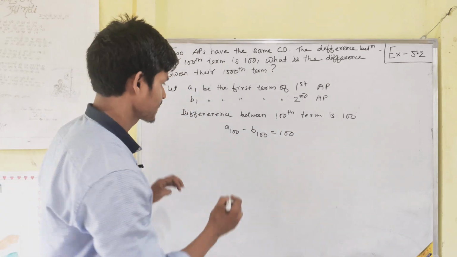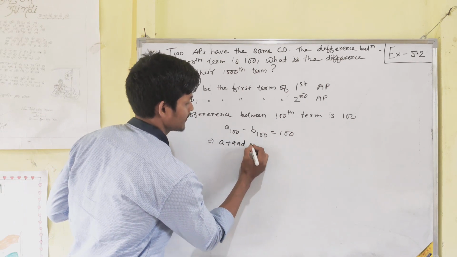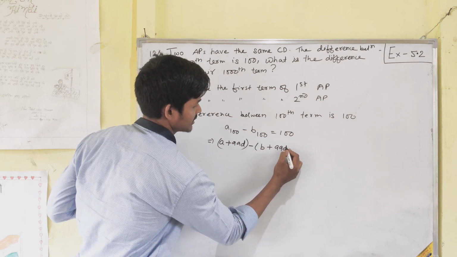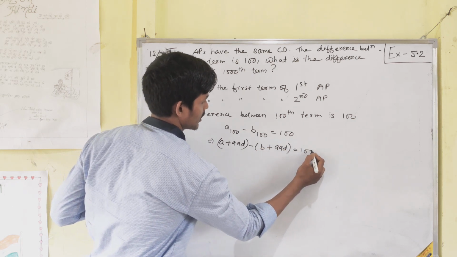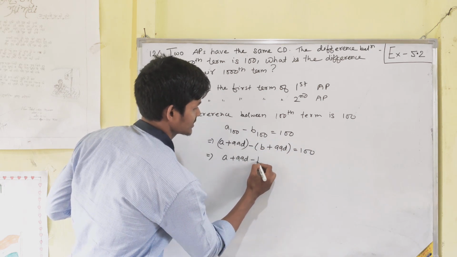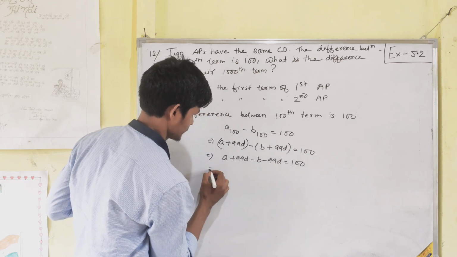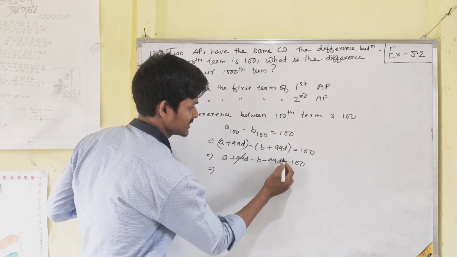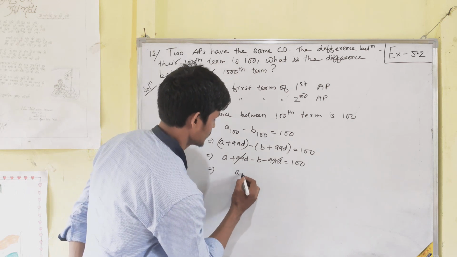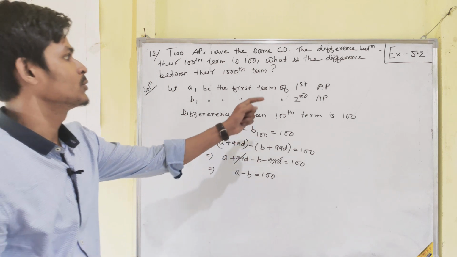So I write 100. Now A100 means a plus 99d minus b plus 99d equals 100. So a plus 99d minus b minus 99d equals 100. So plus 99d minus 99d will be cancelled and you get a minus b equals 100. Now you are to find